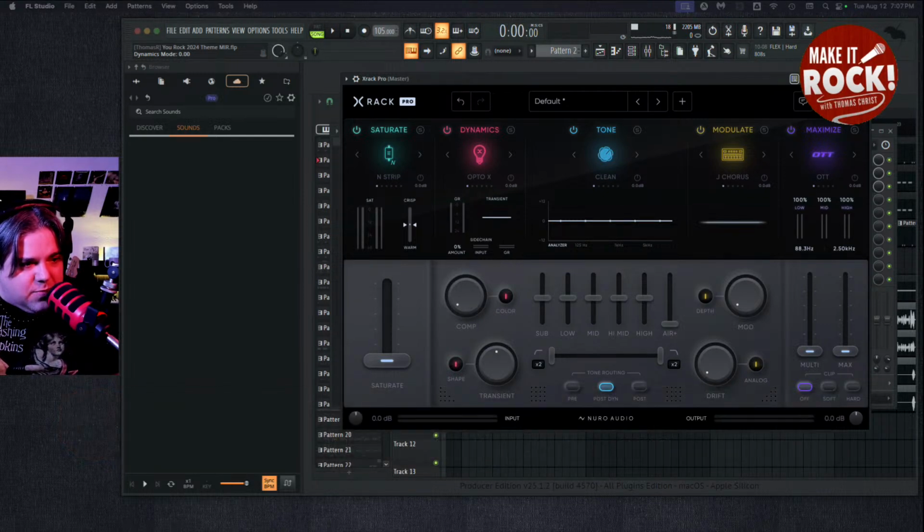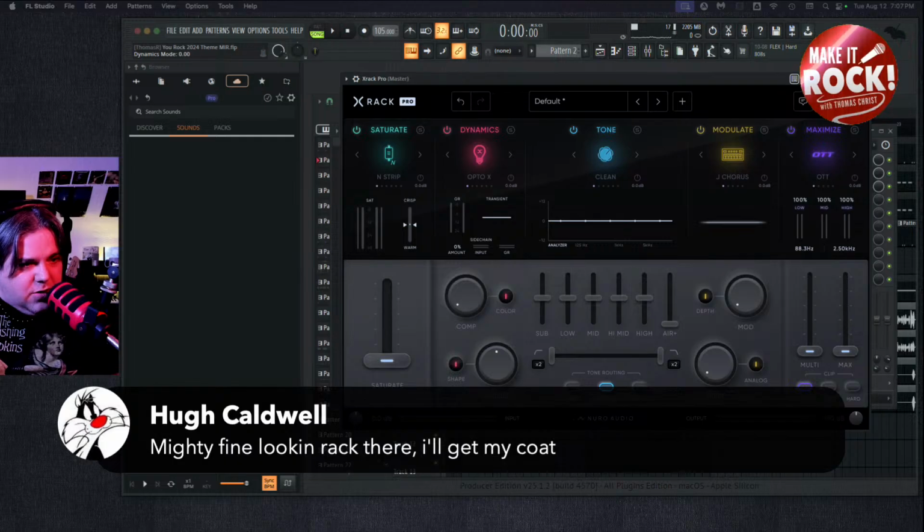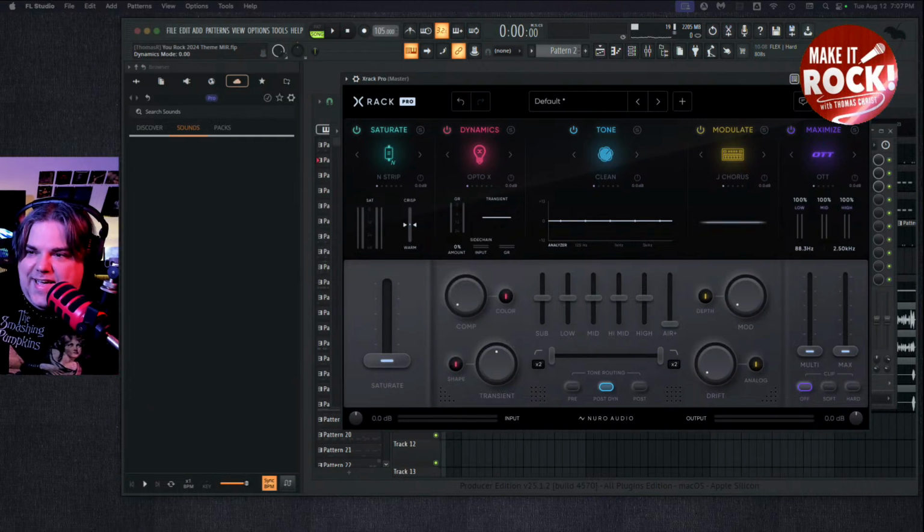Hello, lovely wife from Lurkland downstairs. Hello, Hugh Caldwell, mighty fine looking rack. I guess we're going to have those. We're going to have that today,